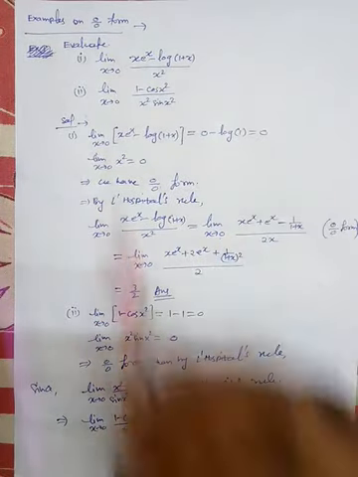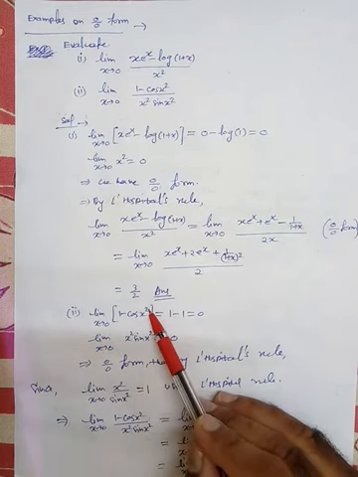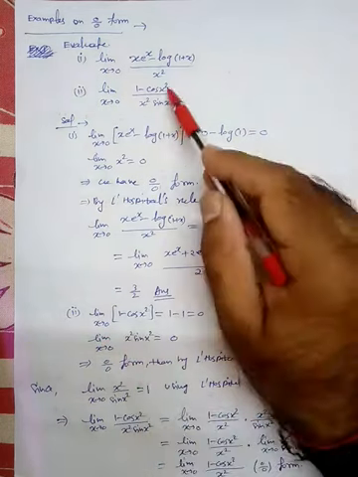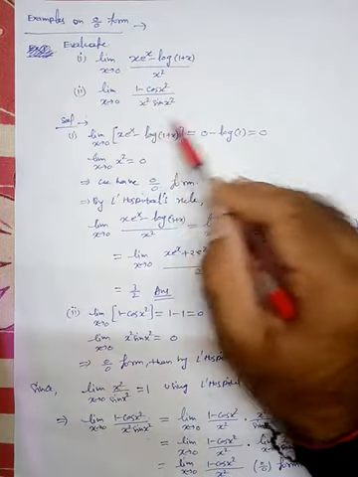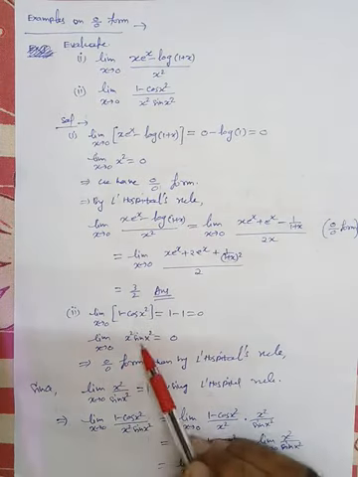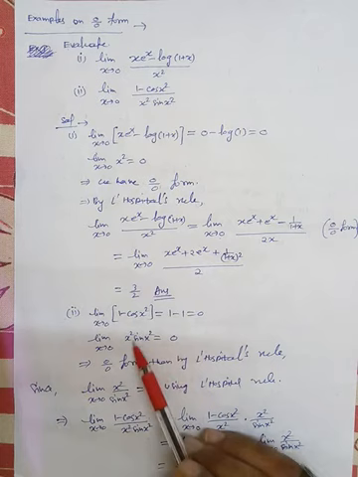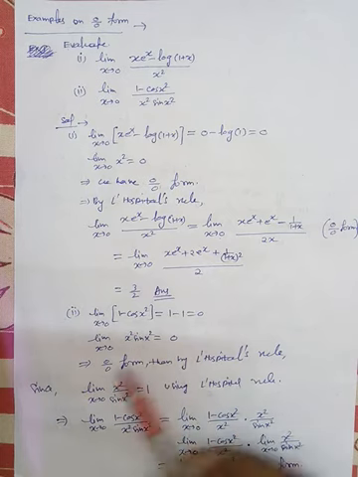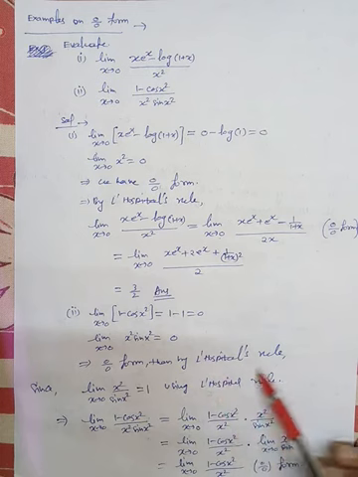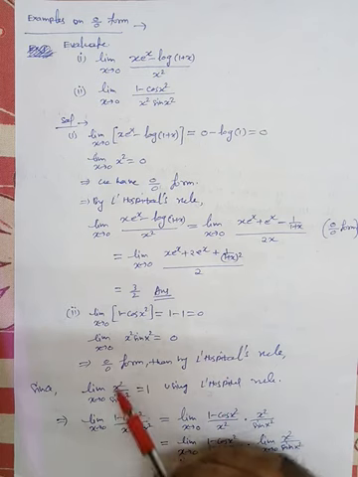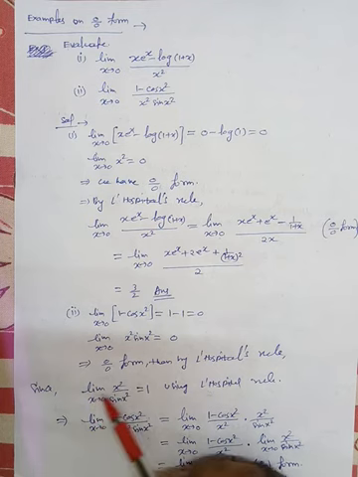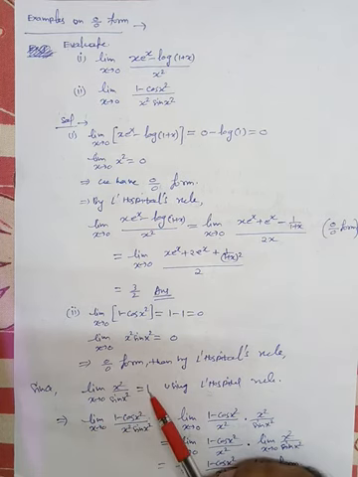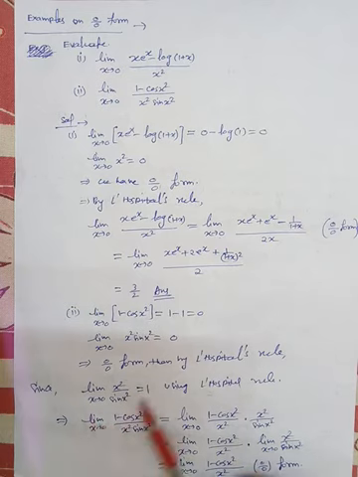Now the second part, the limit as x tends to 0 of 1 minus cos x square. Taking the numerator part, 1 minus 1 will be 0. Similarly, find the limit of the denominator part: the limit as x tends to 0 of x square sin x square is equal to 0. So we have the 0 by 0 form. Then by the L'Hospital rule, we have this. Again, when you apply the L'Hospital rule, you will have this function. And we can easily identify that the limit as x tends to 0 of x square by sin x square is 1 using the L'Hospital rule. You can easily verify.